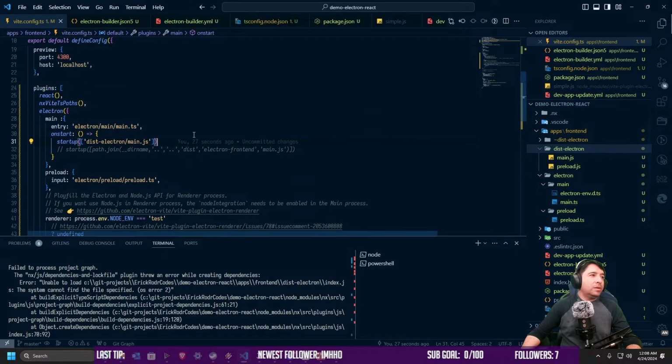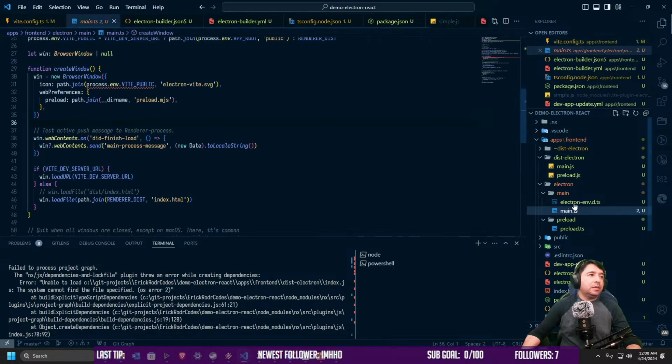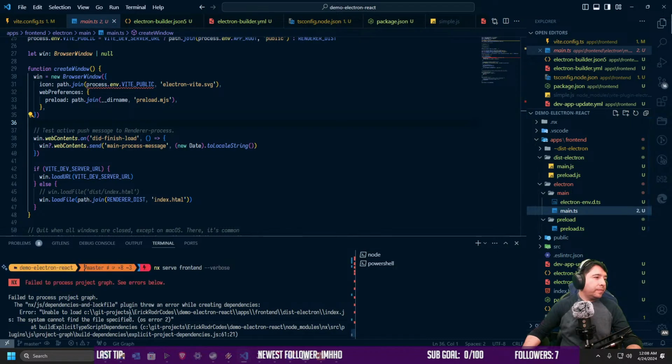Oh, hold on. It's trying to open something that doesn't exist. So if I build a main.ts, it's going to eventually throw something over there. Unable to load apps frontend, is Electron in this. Oh, index.js? When I say index, now when I say index,